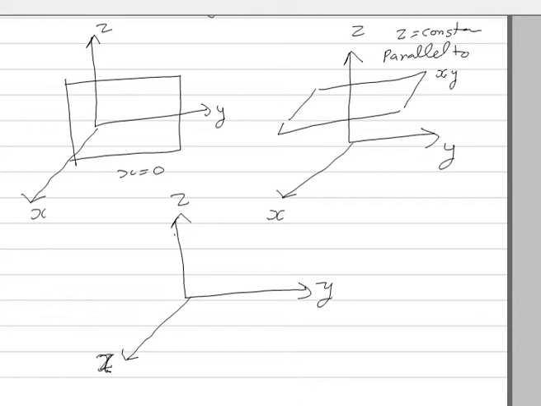These three planes are very important to study about the Cartesian coordinate. Again we explain the three planes. First one is x constant plane. X constant plane means basically this plane is parallel to yz plane. Second is z constant plane which is parallel to xy, and similarly the third plane is y constant plane, and y constant plane is parallel to xz plane. So this is the most important.